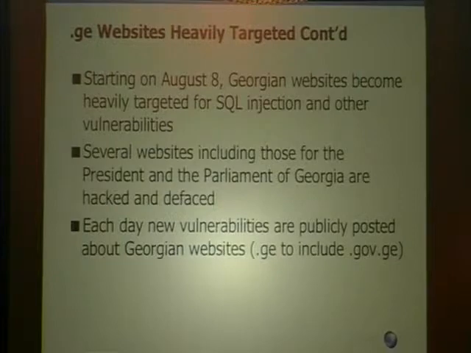Each day thereafter, the forum had several new vulnerabilities publicly posted about different Georgian websites. I mean, if you go through, it's literally like dozens and dozens and dozens. And what we did is we tried to work with the Georgian CERT, which they don't really have a real national CERT. I think they're working on it. Grina, one of their educational institutes there, is working to kind of coordinate and act in that manner. So we passed on everything we could to them.